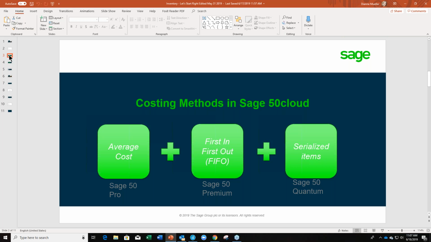Another example would be 3 widgets purchased on January the 1st at $5 each, and then 4 additional widgets purchased on January 6th at $6 each. That would take the total cost on January the 6th to be $39. If I take $39 and divide that by 7, that equals an average cost of $5.57. If I then sold 3 of those widgets, the cost recorded to the cost of goods sold account would be